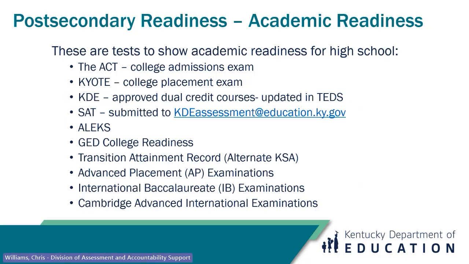And for students transferred from out of state who took the SAT, you always want to make sure that you email KDE assessment and let them know if you've got any SAT scores. But here are all the academic readiness items that you will see in SDRR that you can go in and make sure are correct for your students. Now, this is academic readiness. Remember, for career readiness and dual credit, you always want to go back to the Office of Career and Technical Education to see if there's any issues with your career data.